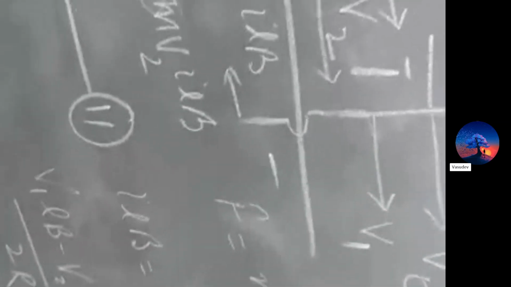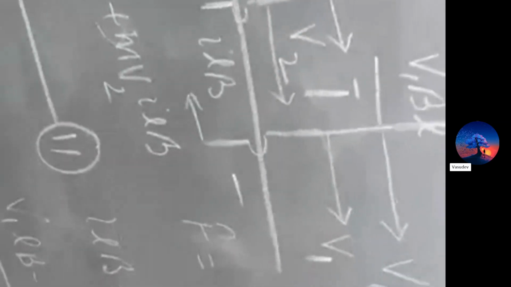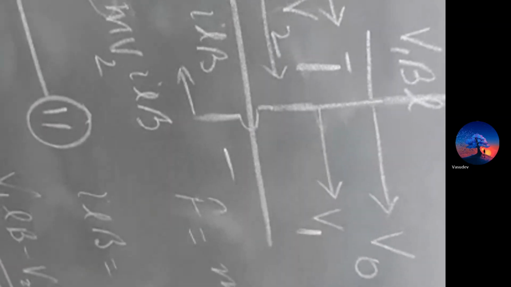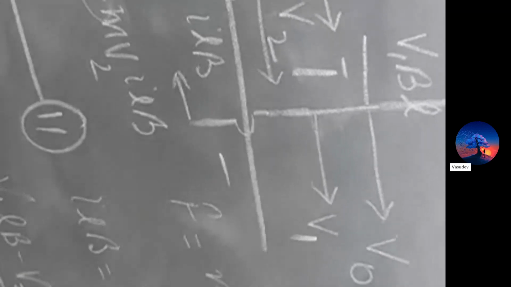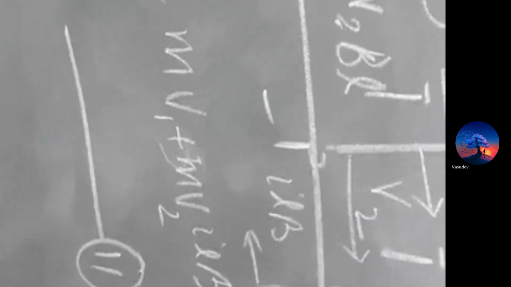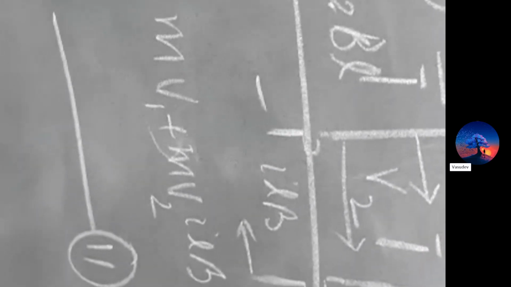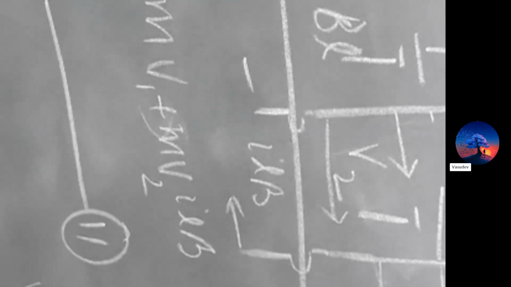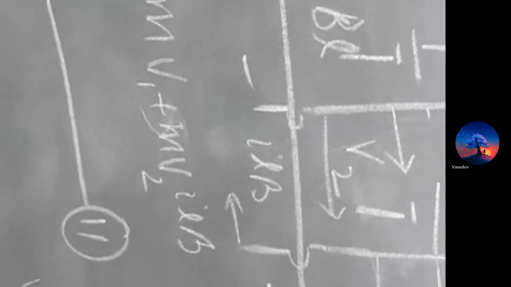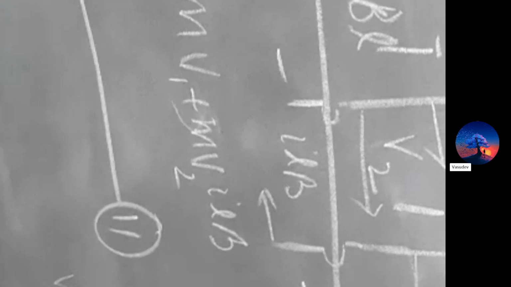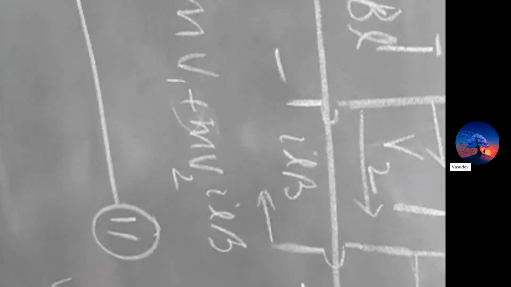V1 minus V2, LB squared by 2R dt. F is equal to M. V2 can be replaced by? Yes, sir. V2 is equal to V0 minus V1. Correct. So 2V1 minus V0. So basically you get dV by 2V1 minus V0 is equal to LB whole squared by